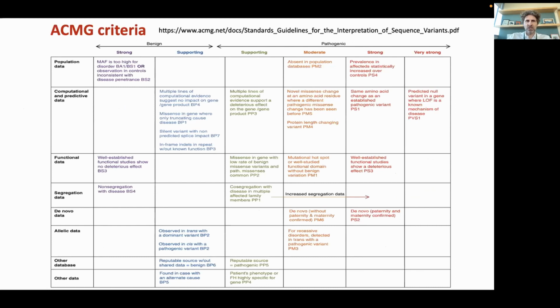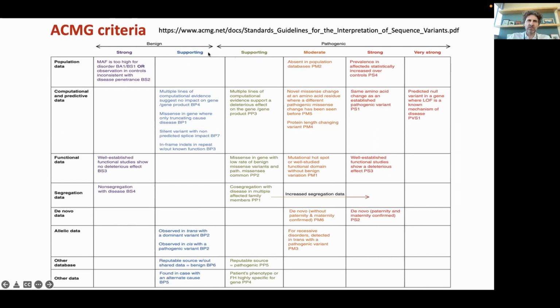So there are sets of criteria that have been developed for clinical laboratories specifically. Probably the most famous are the so-called ACMG criteria, American College of Medical Genetics. And I have here the URL, but you can also simply Google it. It's easy to find. They come up with this quite complicated scheme here, where we consider